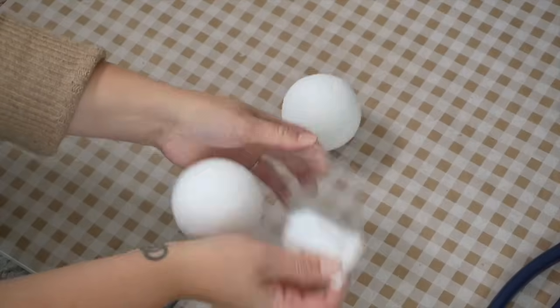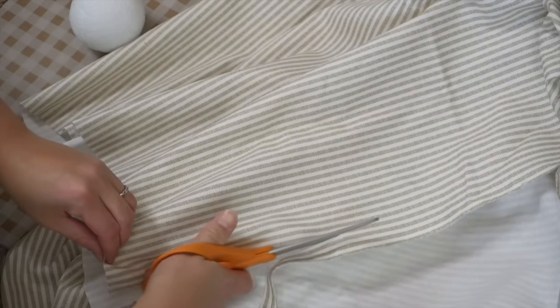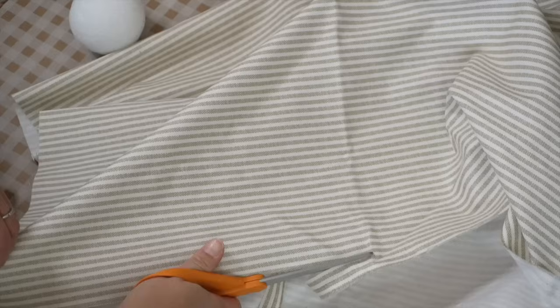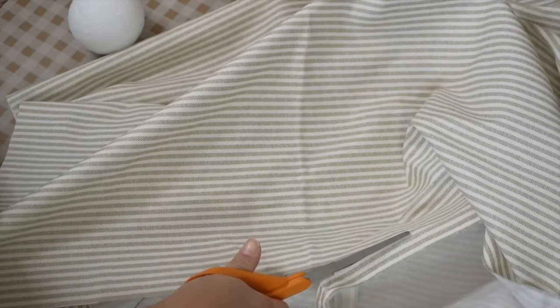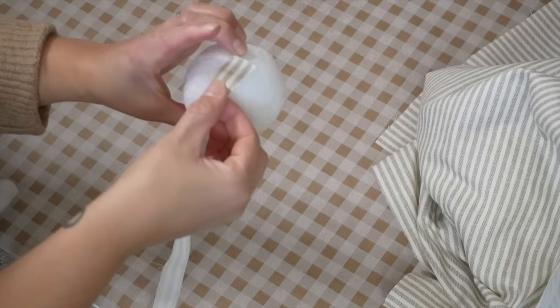All right, next up are these styrofoam balls. And we're going to be using that same fabric that we just used for that picture frame. And this is one way you can actually coordinate all of your holiday decor, by using something like fabric throughout all of your items and throughout your home. And all we're going to do is cut